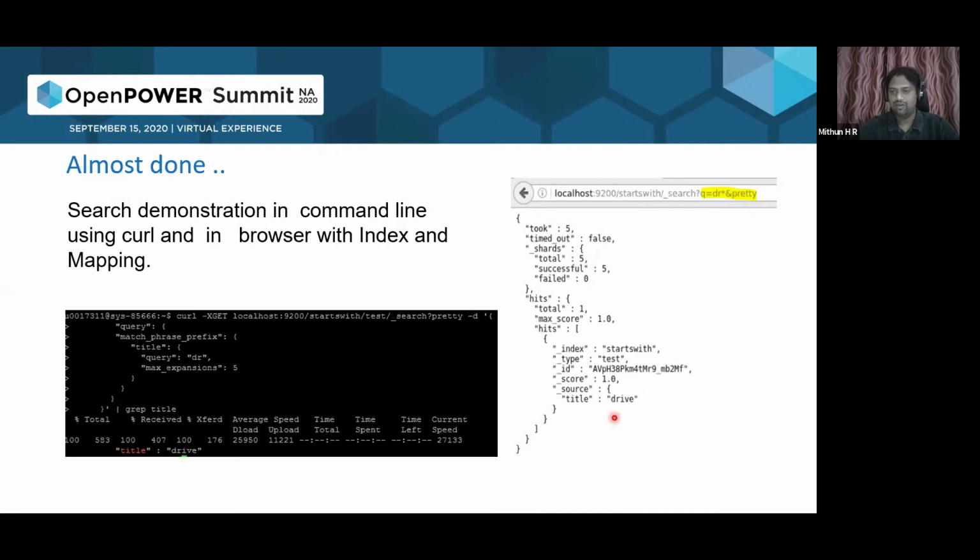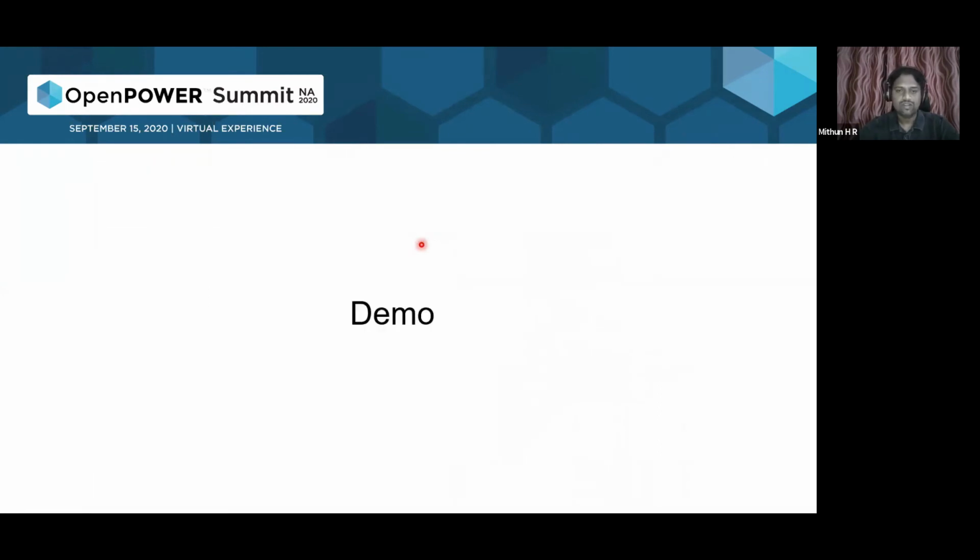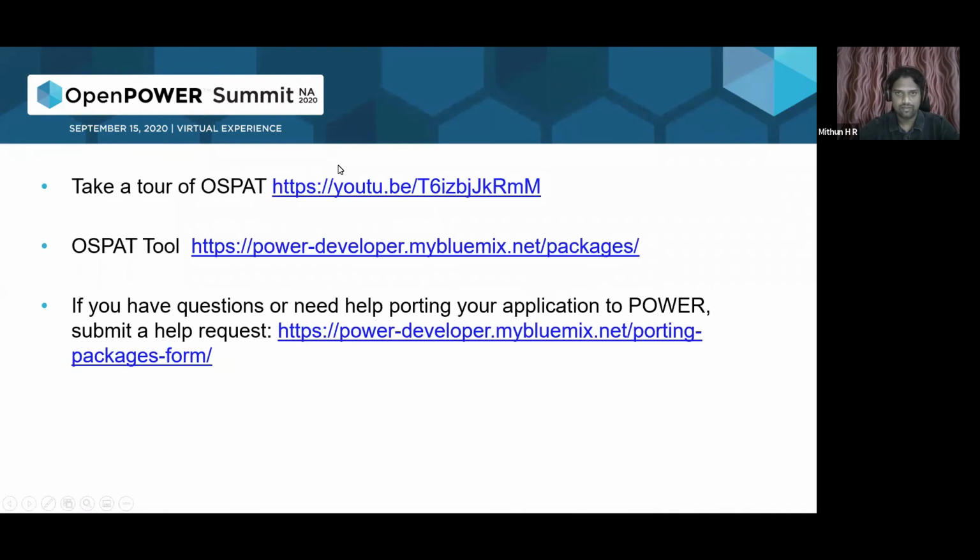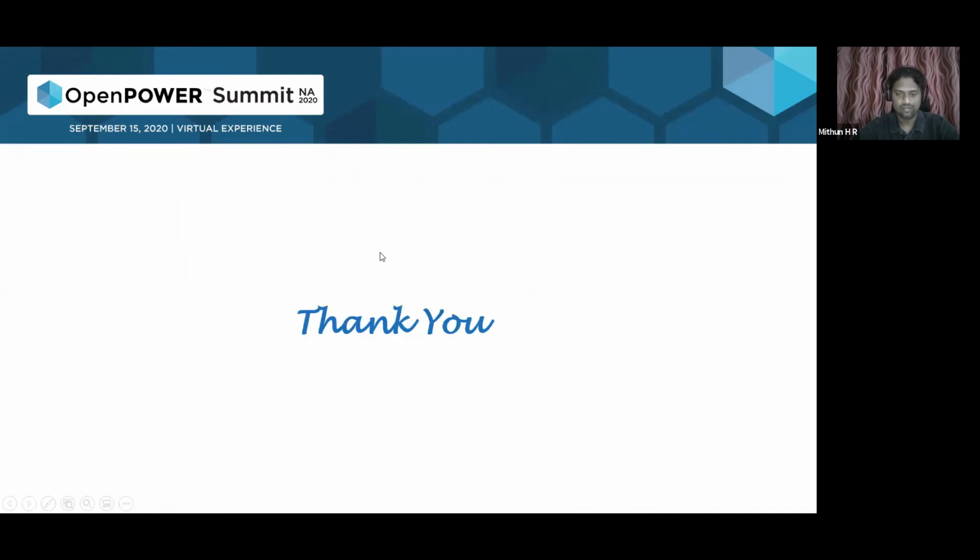So now we are trying to search for a package which starts with dr as the word. So it has matched. Okay, we have a package with those words which are starting, so that will give the results back. The only main thing to emphasize here is, even if you don't know the complete package name, you can always go and search and see if something comes out of the tool, right? So with that, we will go back and switch to the actual demo itself, right?